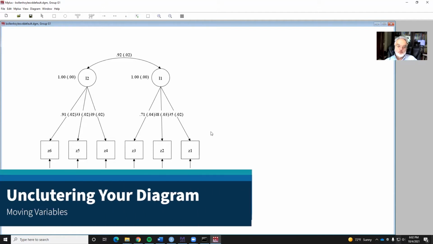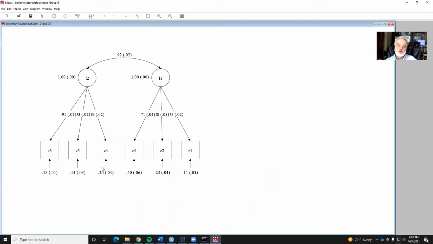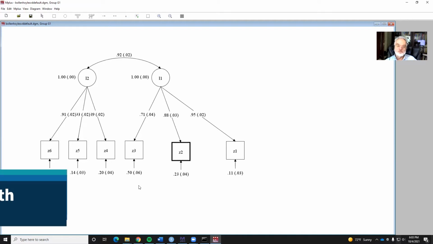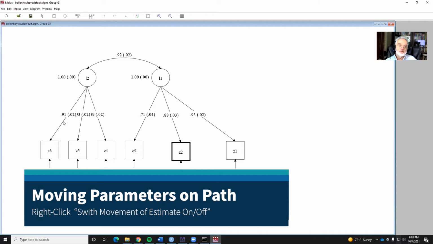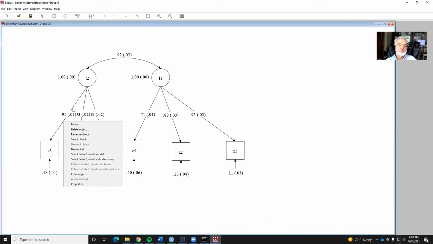This diagram isn't very pretty because our estimates and standard errors are covering each other up. There's a couple of ways to remedy that. One is to grab the individual variables and move them to the left or right so you have that space. Sometimes in a diagram you have so many variables going on that you would really like to just change where they are. To do that, right-click on the path